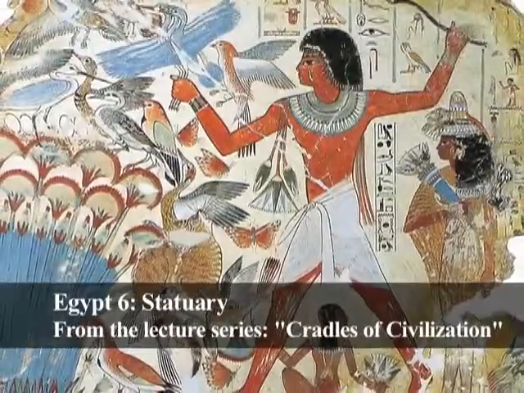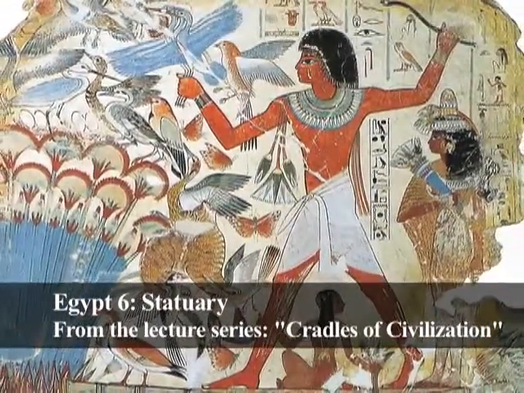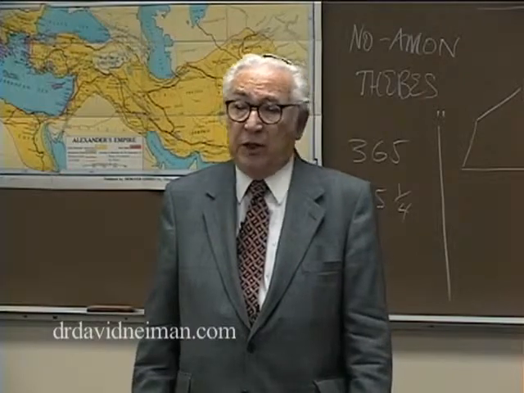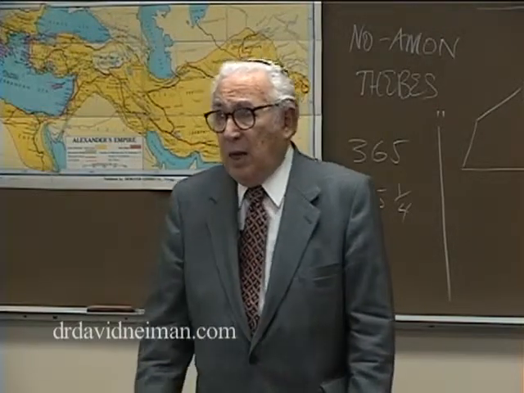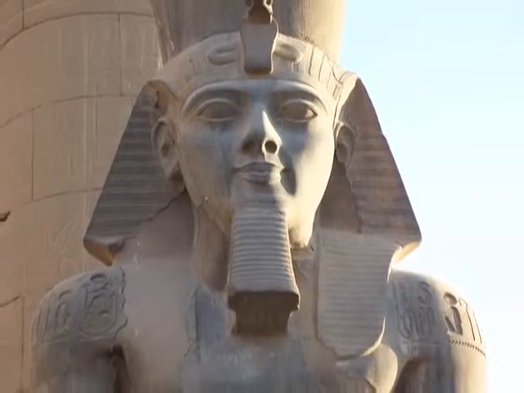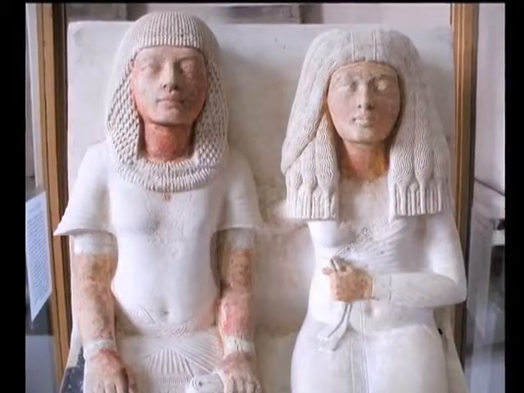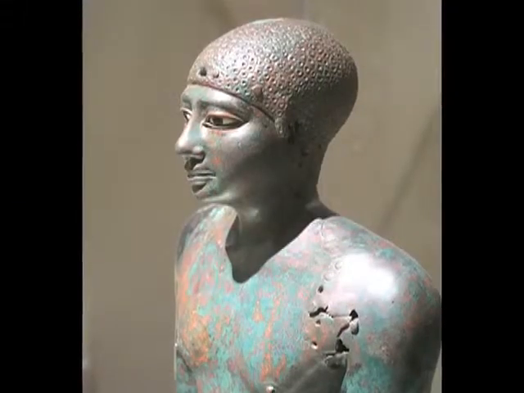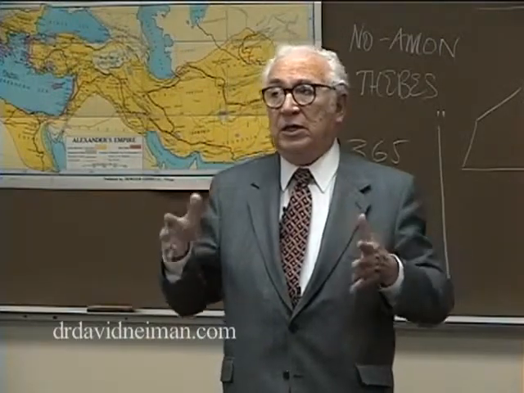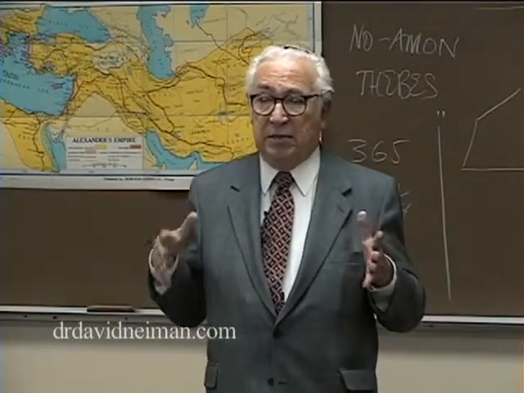In Egypt, you have also the development of a tradition of artistic representation. And the tradition of artistic representation is very interesting. First of all, we have sculptures, many sculptures. Obviously, the kings, the pharaohs, had sculptures made of themselves and of their wives. And there were noblemen who had sculptures made of themselves. Of course, the pharaohs had sculptures made in stone in various positions and various places, many of them.